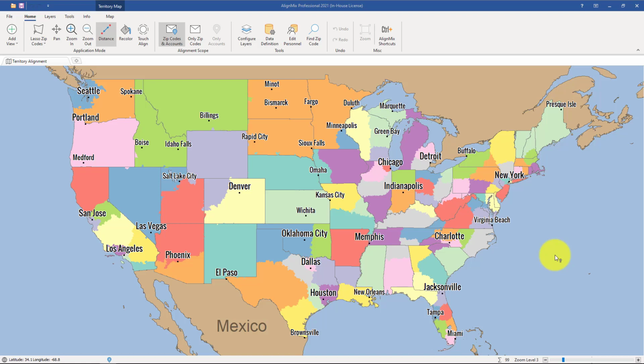In this AlignMix video, you will learn how to import third-party data into AlignMix. The third-party data is included in your version of AlignMix Pro. It has about 500 different demographic data sets that you can easily import into a blank file or into an existing AlignMix file. In this example, we will be pulling that third-party data into this file here that you see